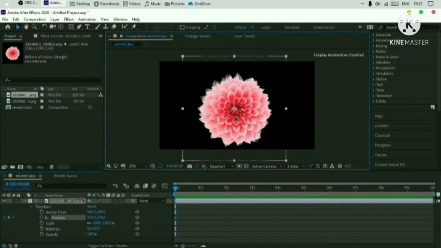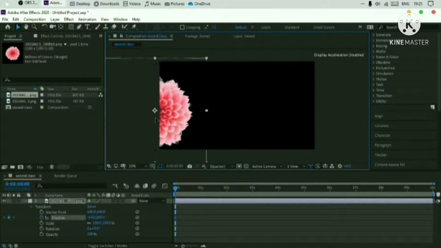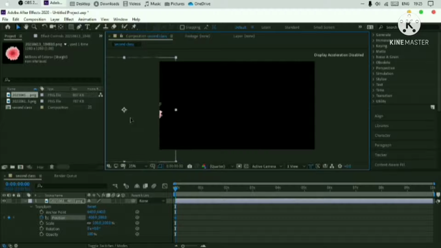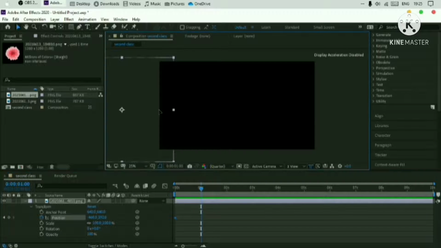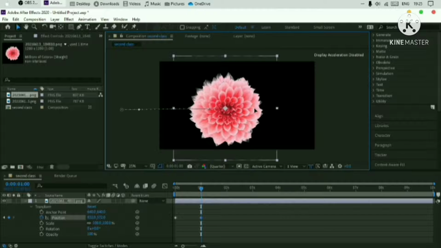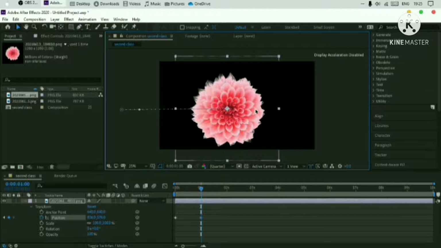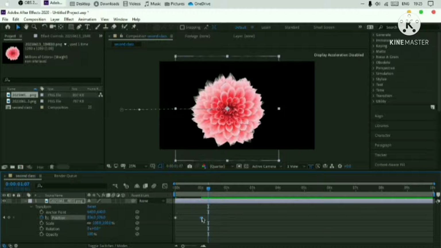So this is the initial point. In the first point, I will keep my flower here. It will not appear on the screen, but after a second, I need my flower here at the center. So you can see here also there is a keyframe.